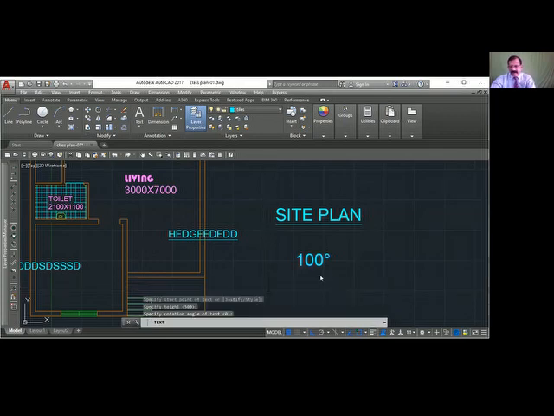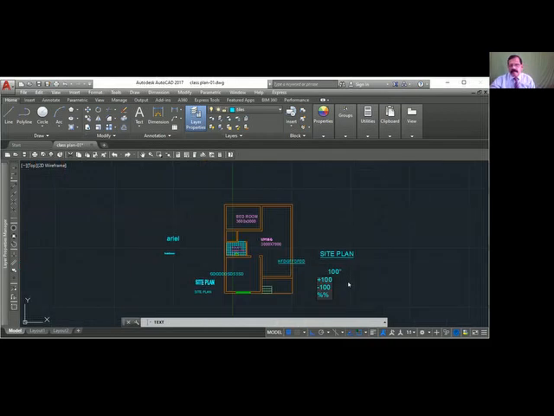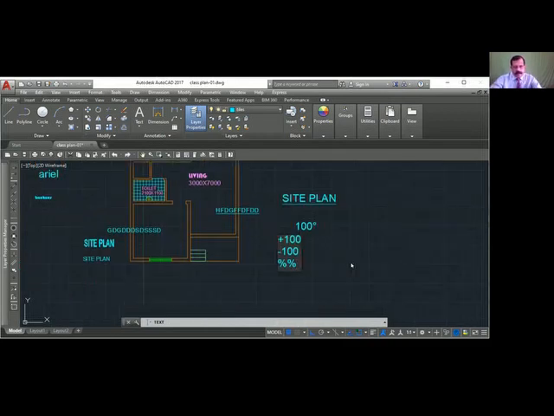For plus, very easy, just type plus 100. Enter. If you also want minus, just say minus. Minus is also there, 100. But how will you get plus and minus together? Suppose you want to show some levels. You want to give both plus and minus together, no? So what you do is percentage P for plus 100. So percentage P, which will create plus and minus together.